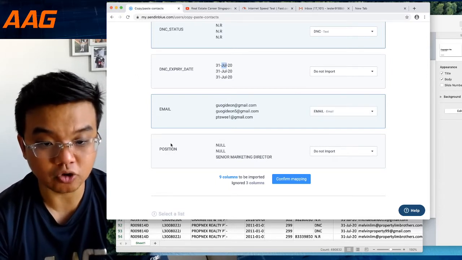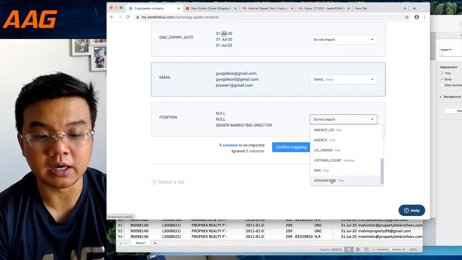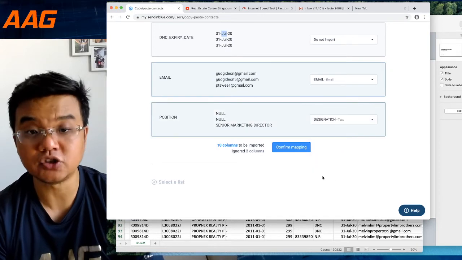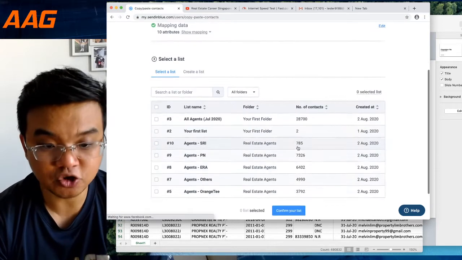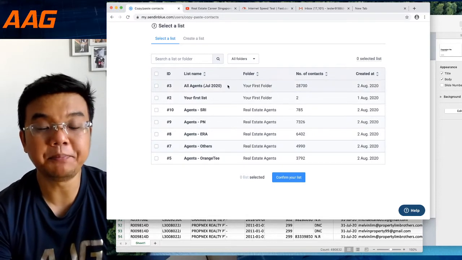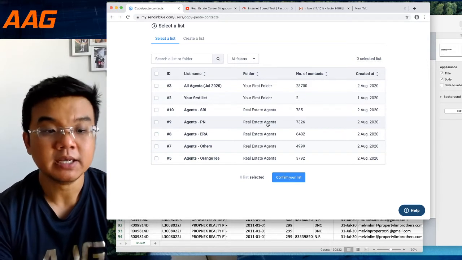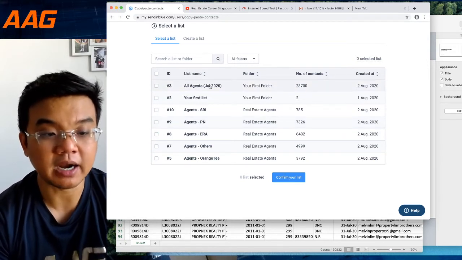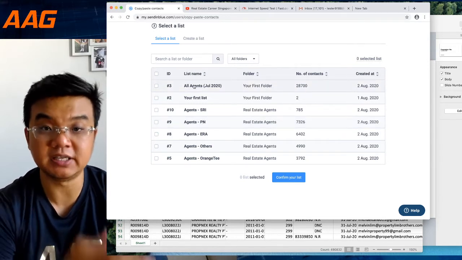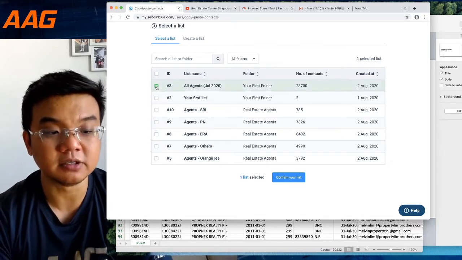Automatically recognized. Position, right, I call it designation. Okay, designation, you call anything what you want. Once you are done, just click on confirm mapping. Okay, once you confirm mapping, for you guys, your list here is empty, right? Yours is empty. For me, I have an existing list that I previously uploaded. If I got a new database, I will ask the software to import into this same